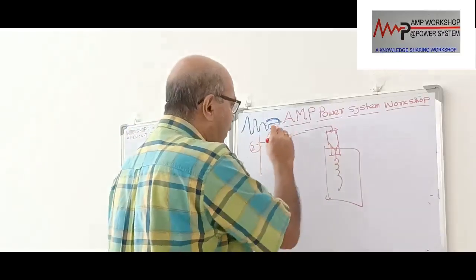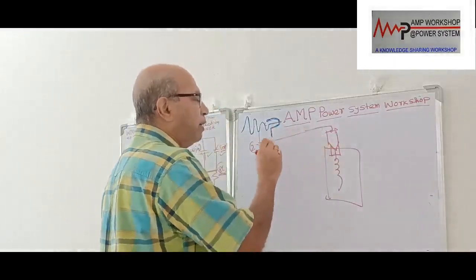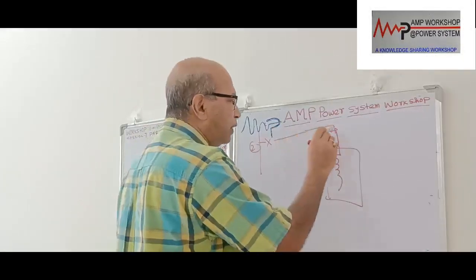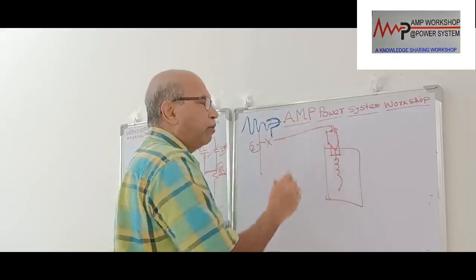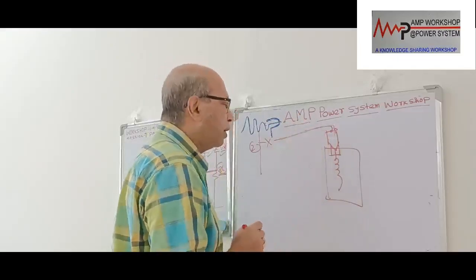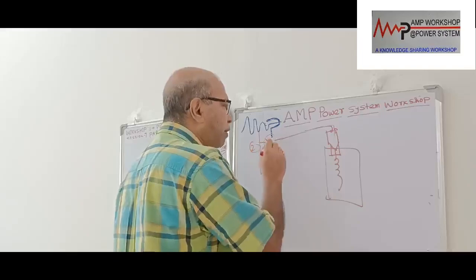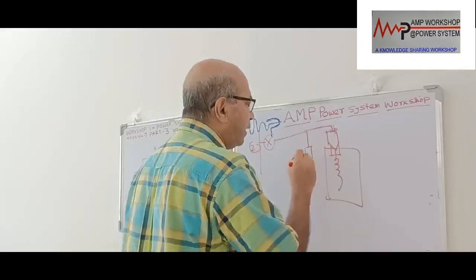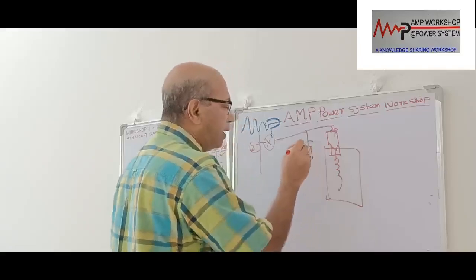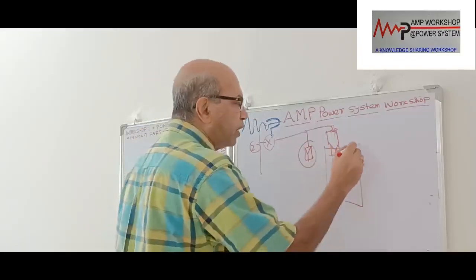So when this is an overhead portion, or it may be cable, then switching surge will go there. Switching surge will be reflected from the winding, and possibly that could also cause over voltage. So in that case, between the breaker and the bushing, we provide a lightning arrestor. That lightning arrestor voltage will be below the BIL of this transformer.